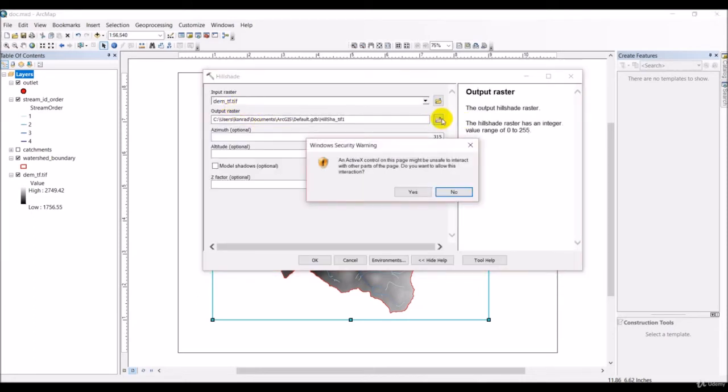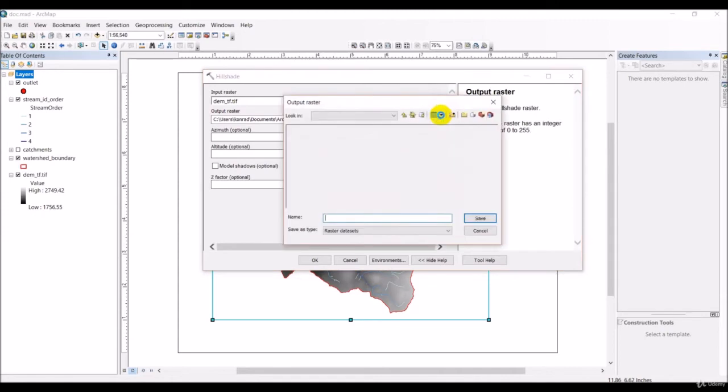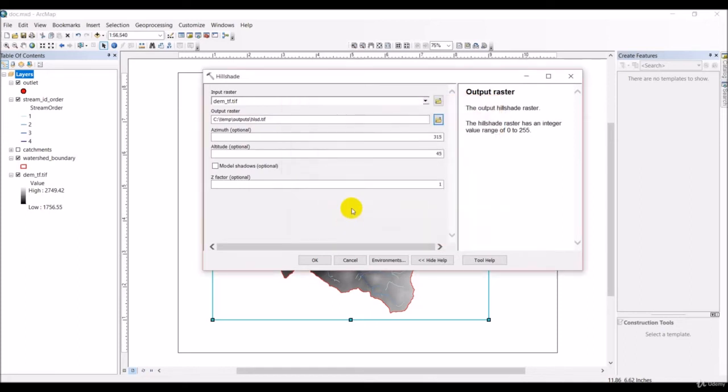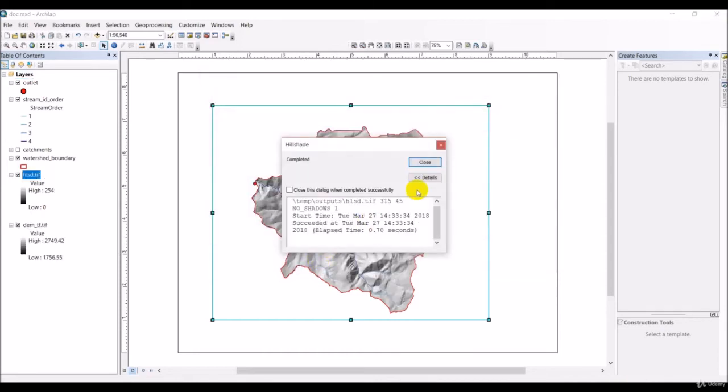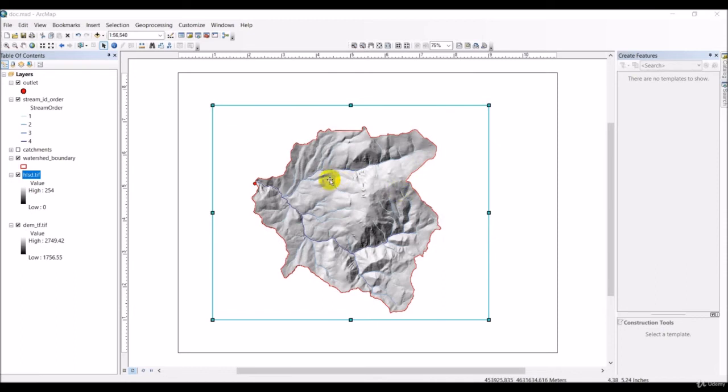My output raster, we'll put it in output, so I'm just going to call it HLSD.tiff, save. The defaults are fine, and we'll click OK. Now you can see with this hill shade, I get a little better representation of the topography. It doesn't show the actual elevation values, but it shows me what things will look like as far as the